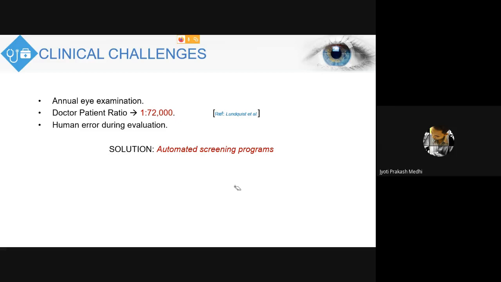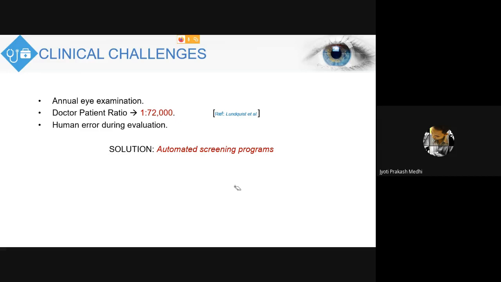So, as we have already discussed, for determining the stages of retinopathy, we have to go for an annual eye examination, because if the person is having blurred vision, that means he is already at a higher stage of retinopathy. Therefore, whenever a person has diabetes, then after a certain period, the person is advised to go for an annual eye examination. And I would also prefer that each and every person go for an annual eye examination, because the